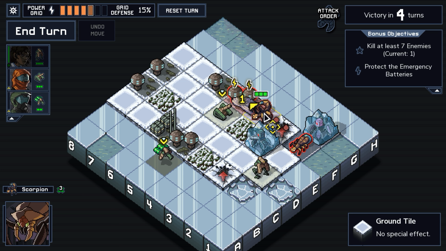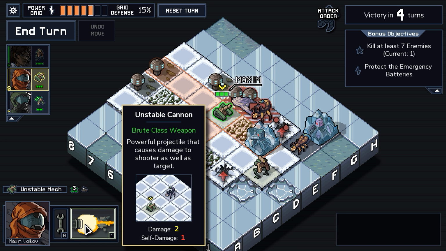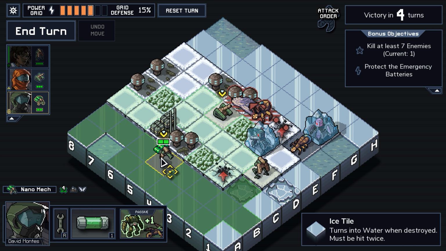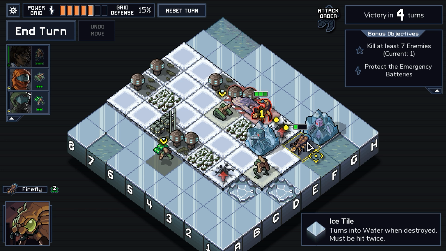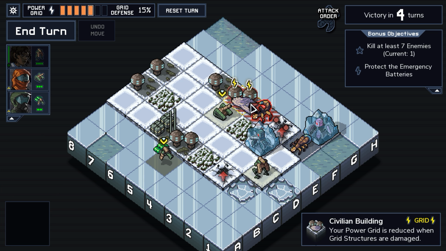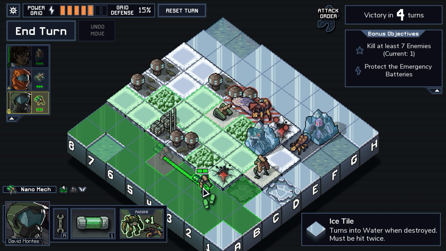Alternatively, we could acid this thing, and then shoot it once with our unstable mech to do 4 damage, which would kill it. And also heal me. Actually, that sounds like a better idea. No, because you're going to end up shooting and hit the building. So...